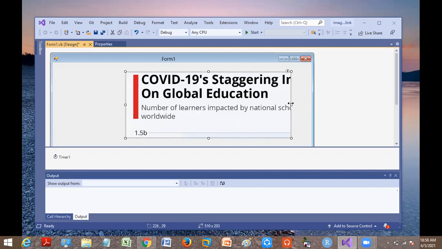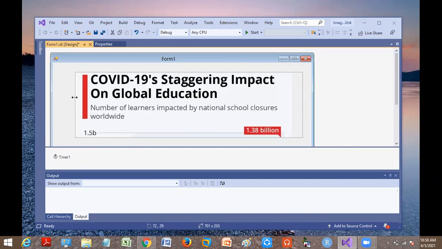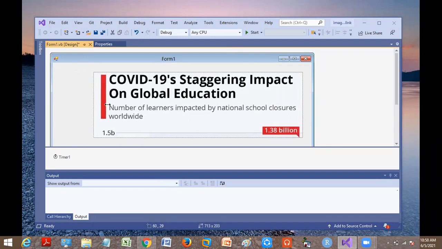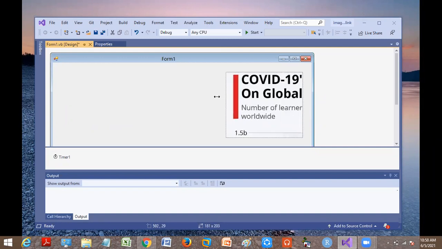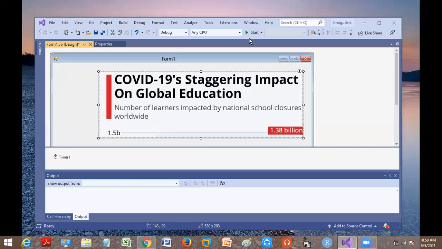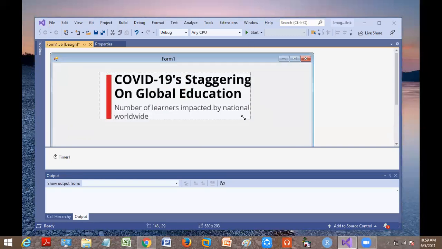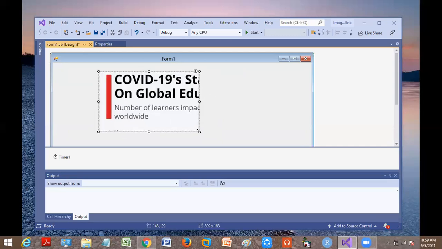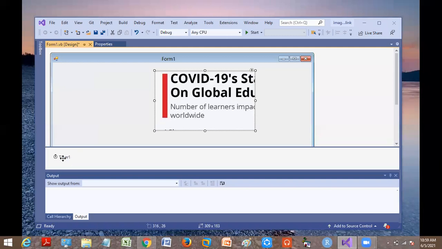Yes, ma'am. The image is not completely displayed on the form. It is not displaying completely, because whatever boundary I'm confining it to, it stays only within that boundary. Can you see the changes that are happening? One of the properties of this picture box is that the image will be confined to the boundary specified. Clear? Yes, ma'am. So now my picture box is ready and my timer is ready.